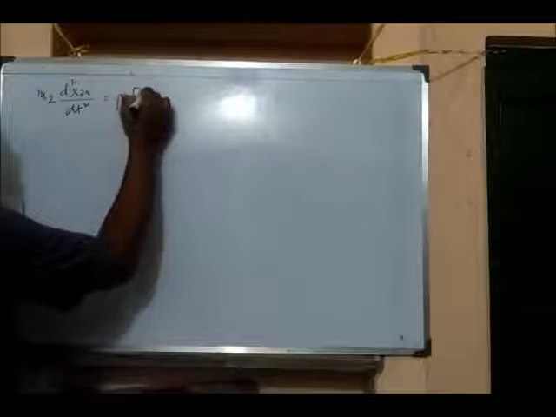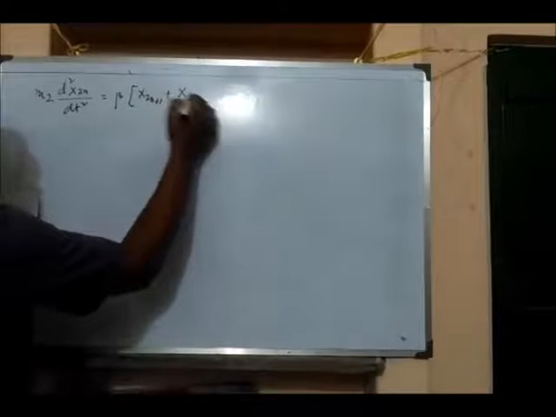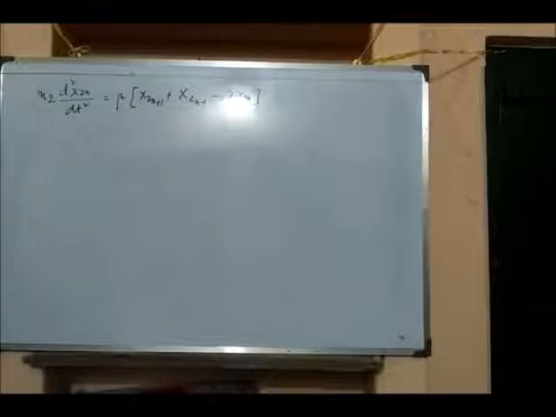This will be β(x₂ₙ₊₁ + x₂ₙ₋₁ − 2x₂ₙ). So if you replace those particular things which I have just derived in here, you will get that